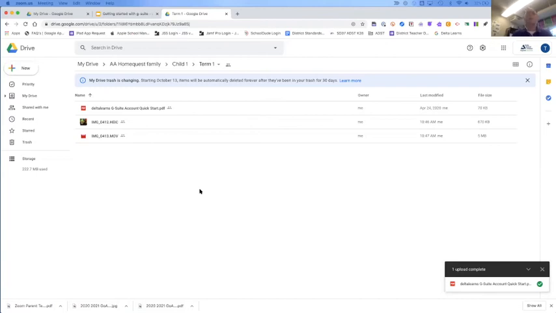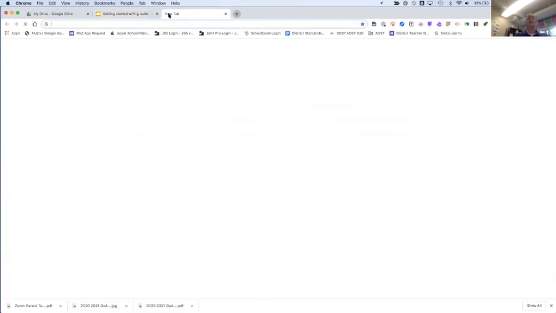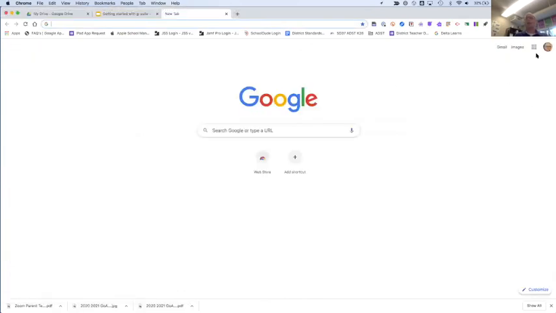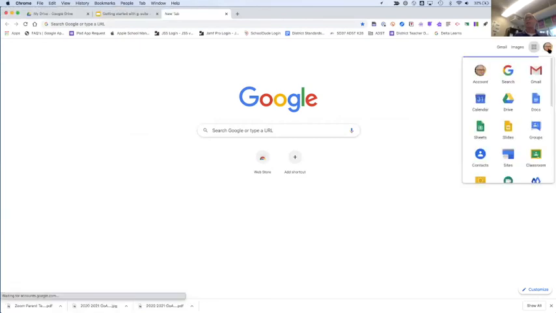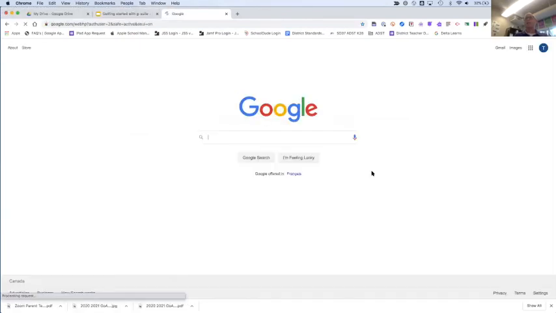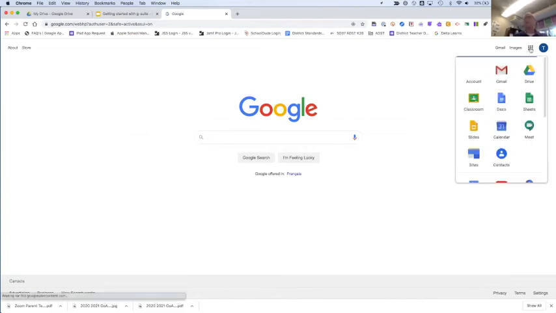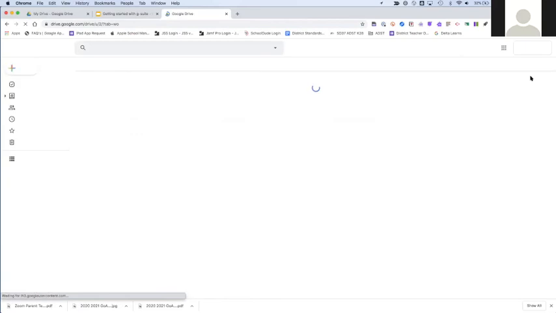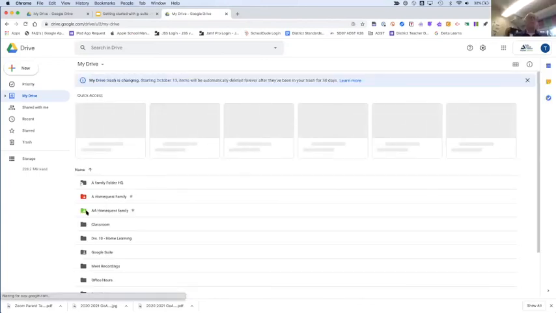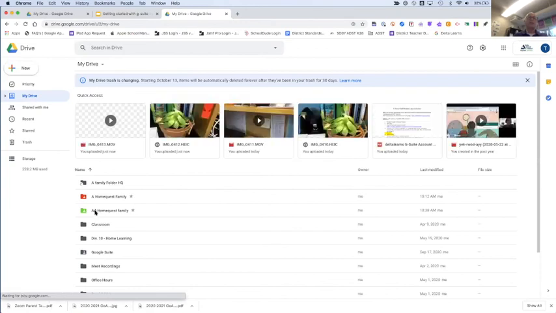So just as when we did this earlier, what we wanted to do is ensure that the folder actually uploaded the proper files that we had to share. So I'm just going to go back onto a desktop computer. I find doing most of my work on a desktop is much easier when I'm working in Drive. And so I'm back in my tech help, going into Drive. And I'm going to locate that folder, which is this one here, this green one. And if I double click on it and open it up